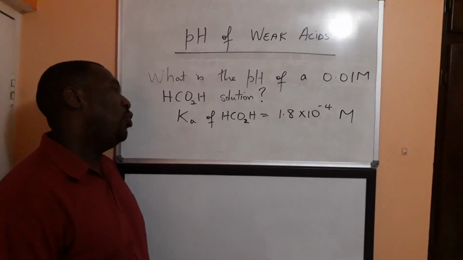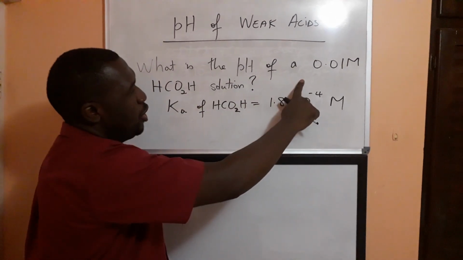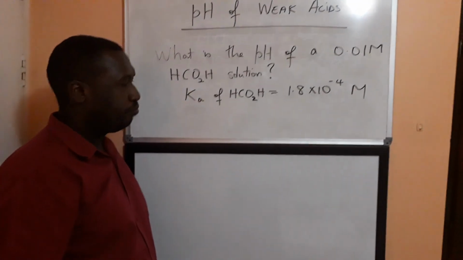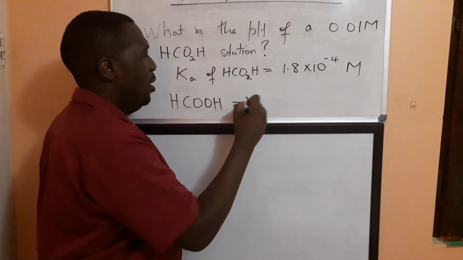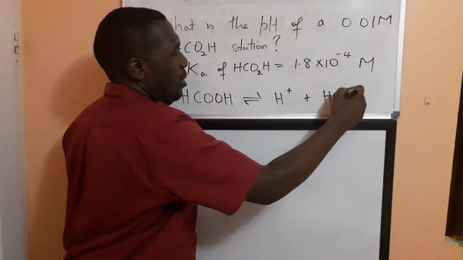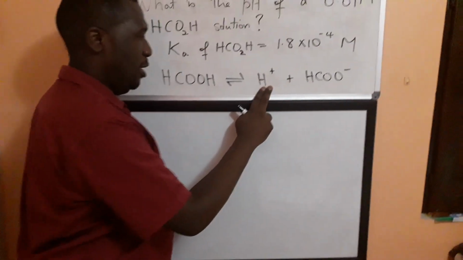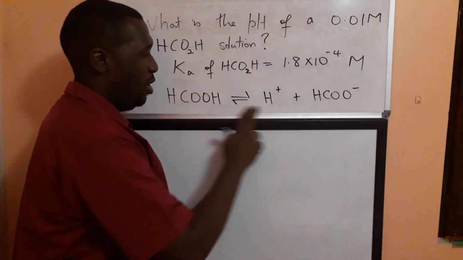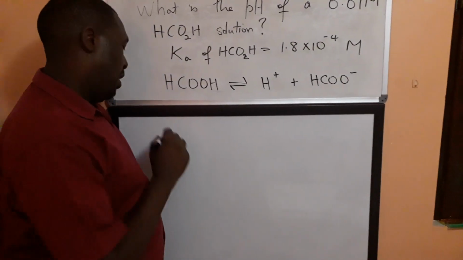Example one, we're going to use the Ka value to calculate the pH of a weak acid. This example says, what is the pH of 0.01 molar methanoic acid solution? And you're given the Ka of methanoic acid. So the first thing I'm going to do is write the equation for dissociation of methanoic acid. Methanoic acid could be written HCO2H or HCOOH. It doesn't matter which way you write it, as long as you have it correct. So that is my equation for dissociation. Now remember, this is a one-to-one dissociation according to the equation, but when it dissolves in aqueous solution, only a small proportion actually dissociates. So we can write Ka for this